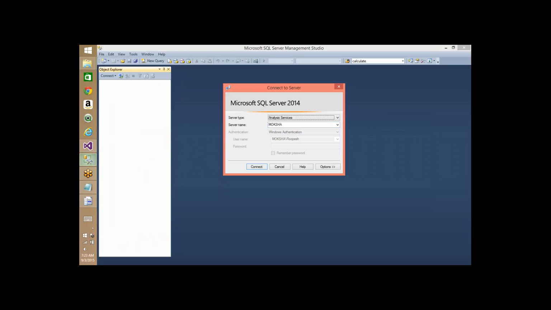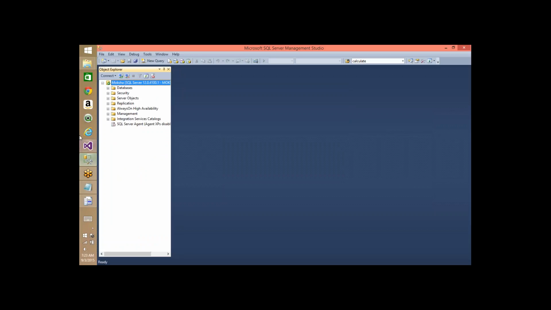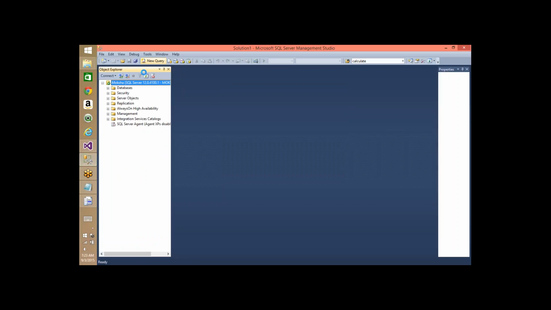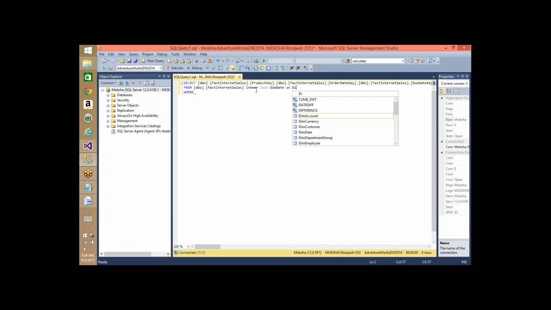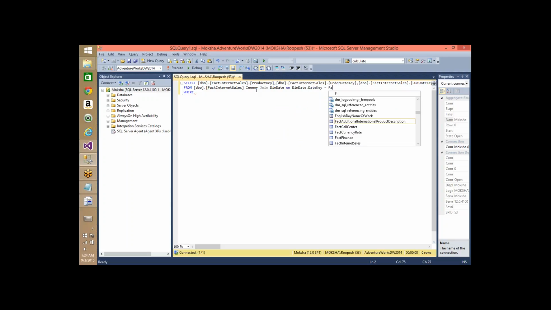Okay, first let me connect to the database and prepare the query in my SQL Server. I'm going to new query, AdventureWorks DW, and this is the one. I'm writing inner join dim date on dim date dot date key is equal to fact internet sales dot ship date key. So if I join these two,